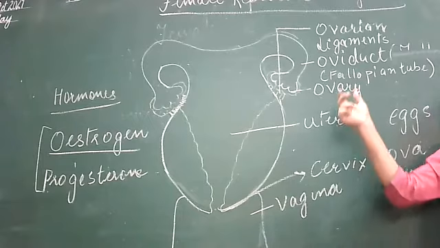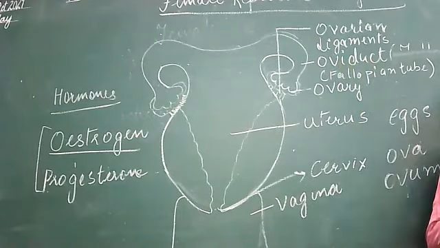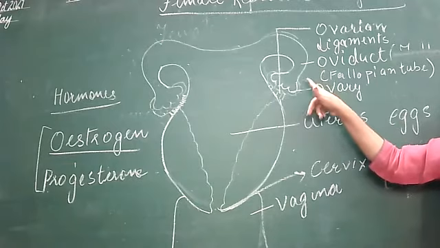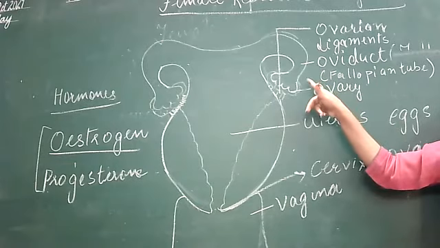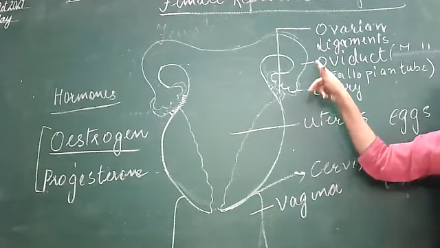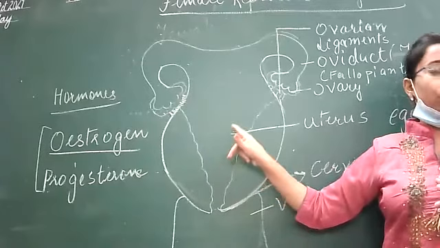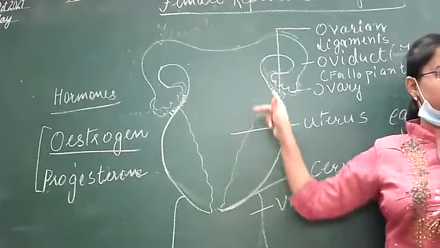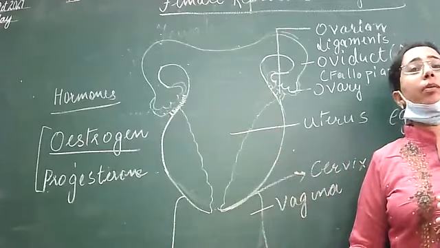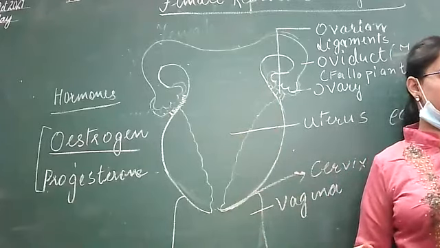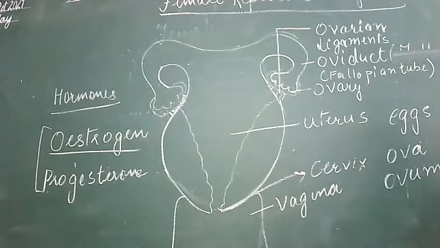Now this egg moves to the fallopian tube. Now these fallopian tubes are also two. They are long, coiled and muscular, and they open near the ovaries with a funnel-shaped opening. See? Now the fertilization of the egg takes place in this fallopian tube, and the zygote is formed. Now it will move towards the uterus. The uterus is a bag-like structure where growth and development of the zygote take place. And it will become a baby.